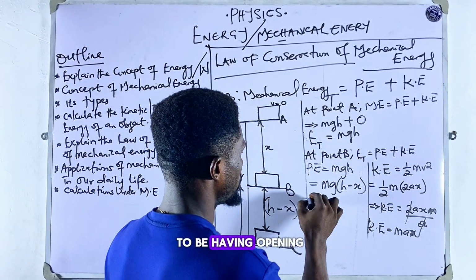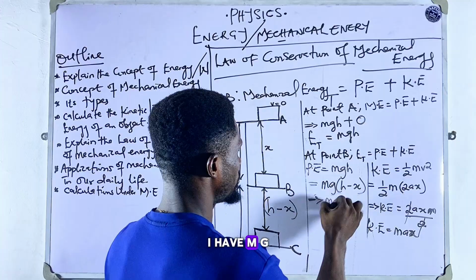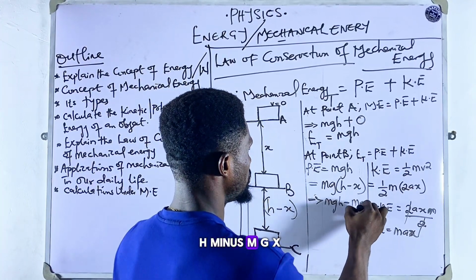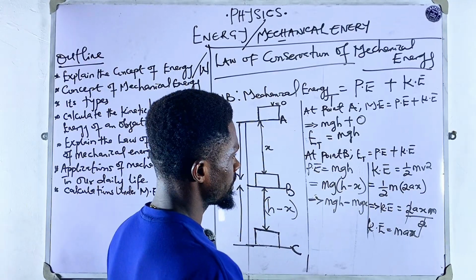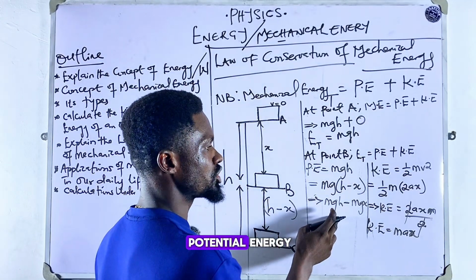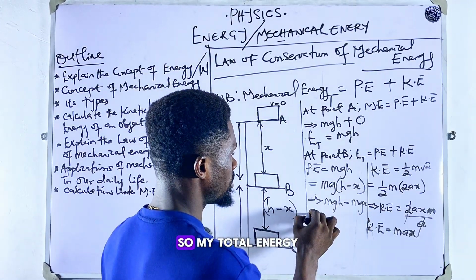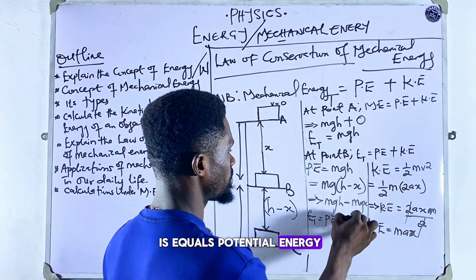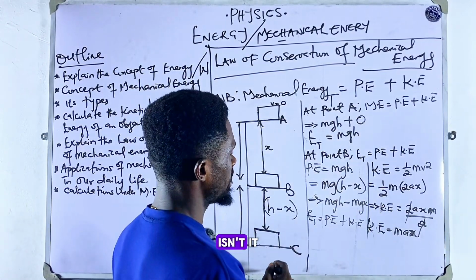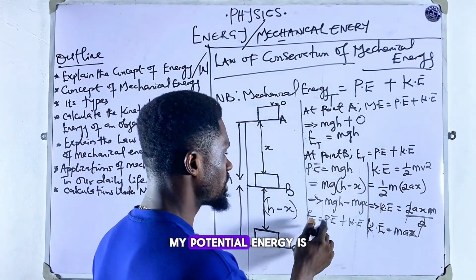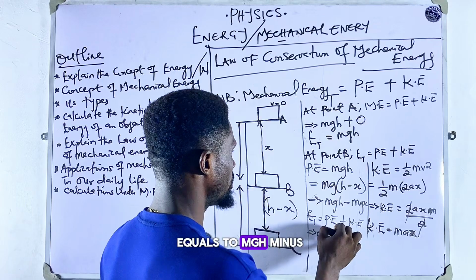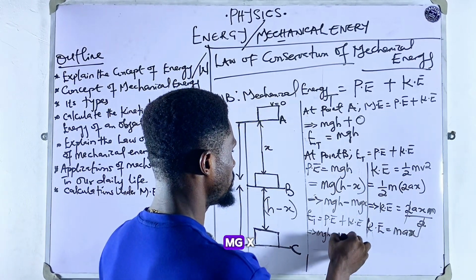Opening the bracket, I have mgh minus mgx. So this is my potential energy. So my total energy is equal to potential energy plus kinetic energy, isn't it? My potential energy is equal to mgh minus mgx,